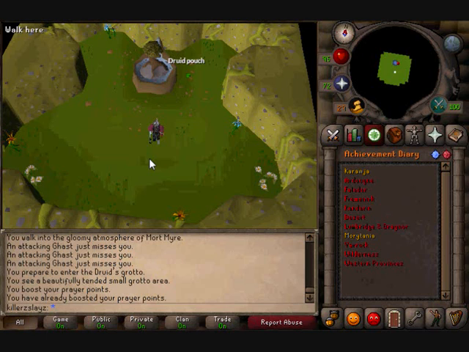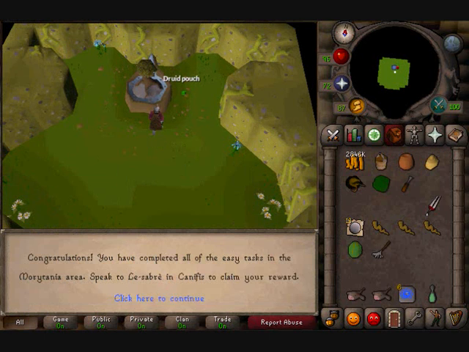And that should have been the task completed, but it hasn't done it. This is the nature altar. Right, I'll be back in just... For this task to be completed, you do actually have to have some prayer points drained. So if you've got 70 prayer, make sure you've got like 65 prayer points, and then pray at the altar,